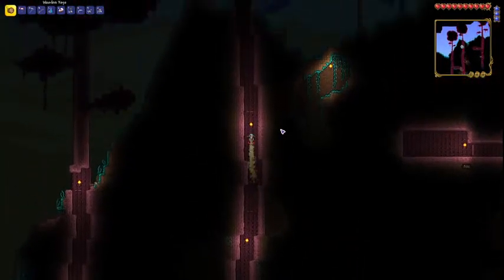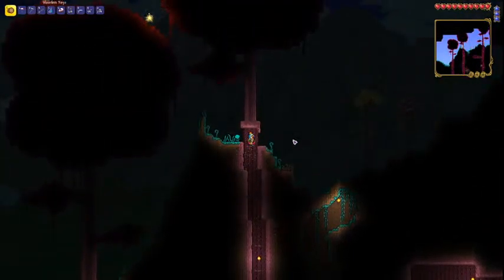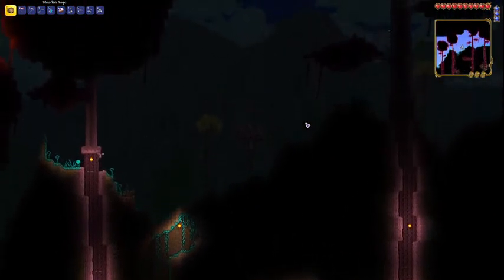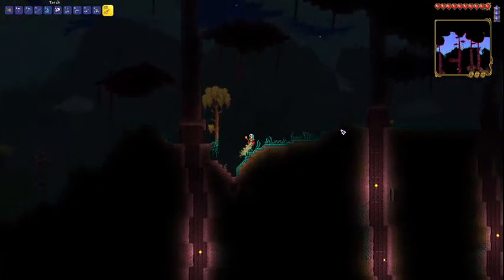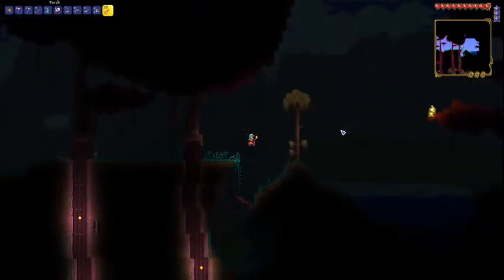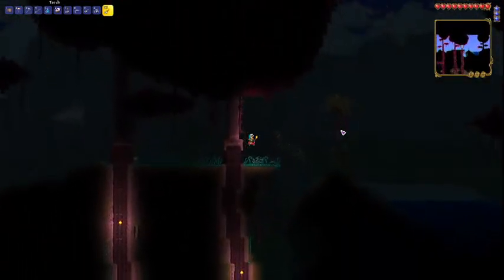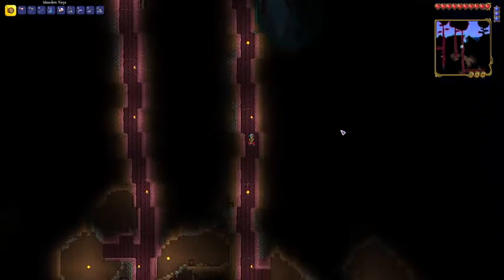Light things up a little bit more. I do need to remember that just kind of grabbing onto a wall does not automatically give me back my double jump, which is significant. Okay, so I can go to the right. I can end up in the jungle. Probably not a good idea, if we're being honest. So I think we will go back through our cave system